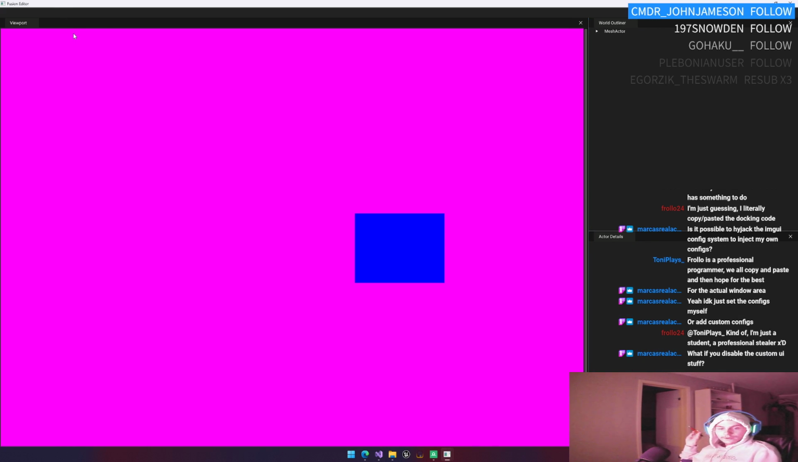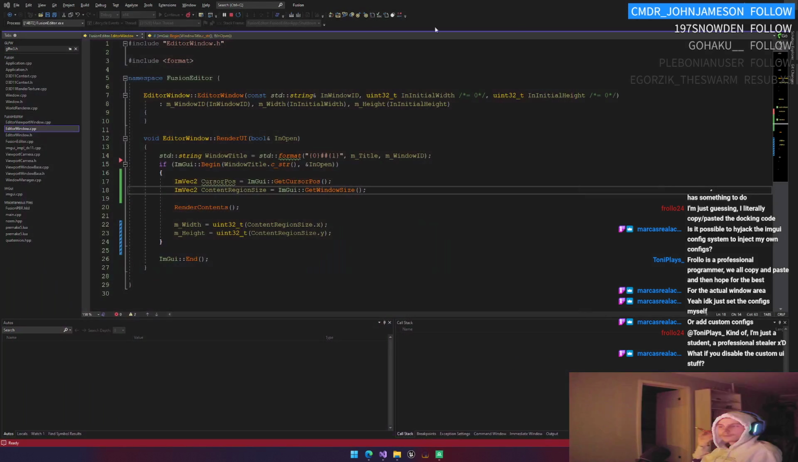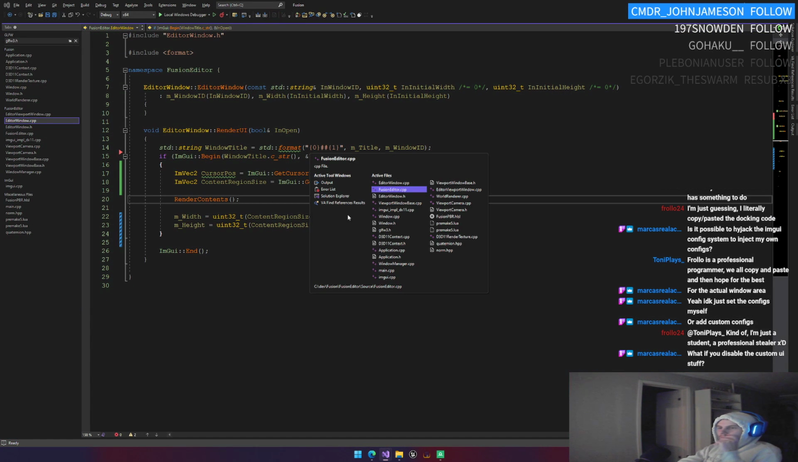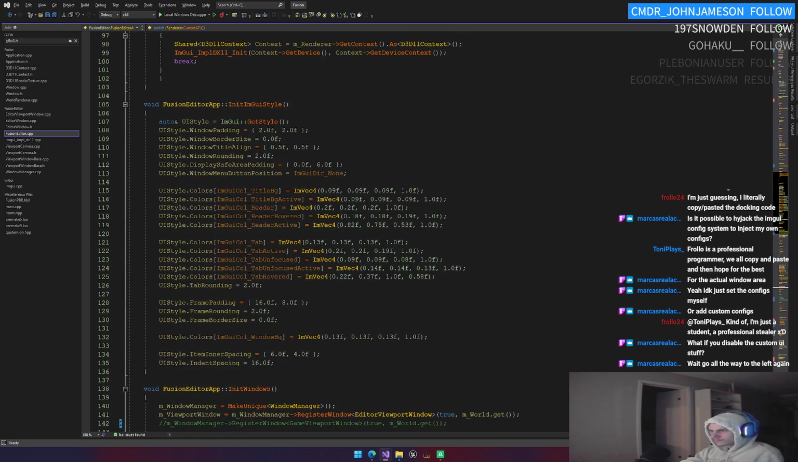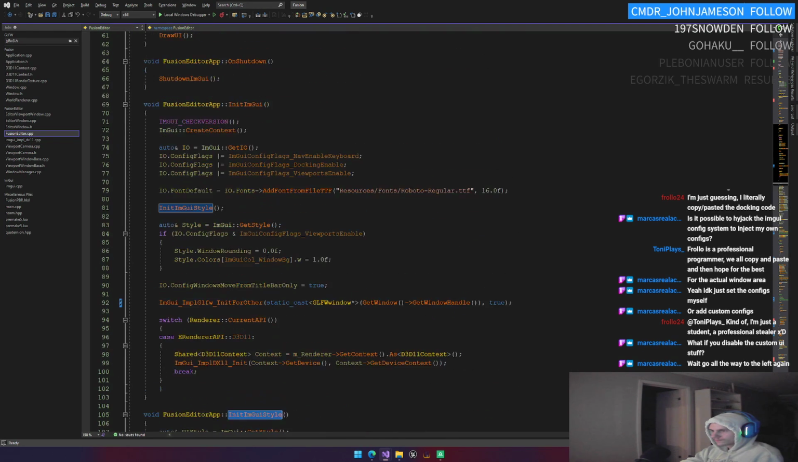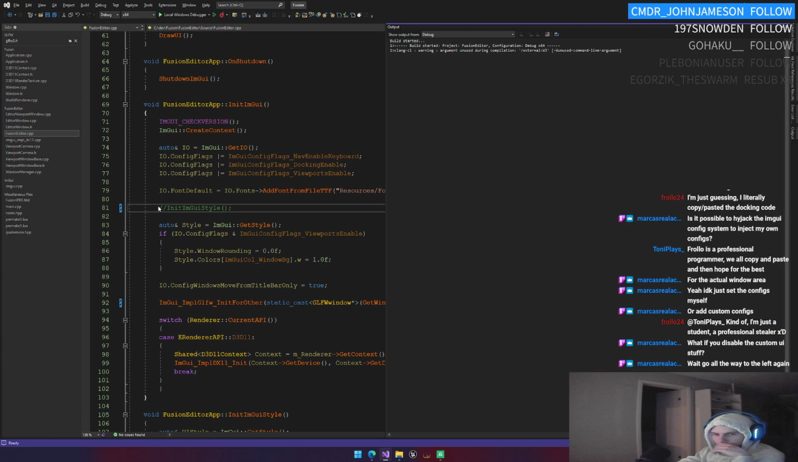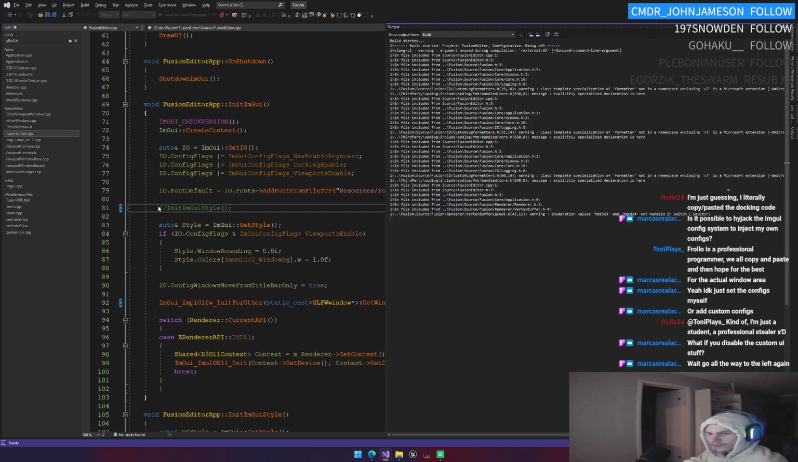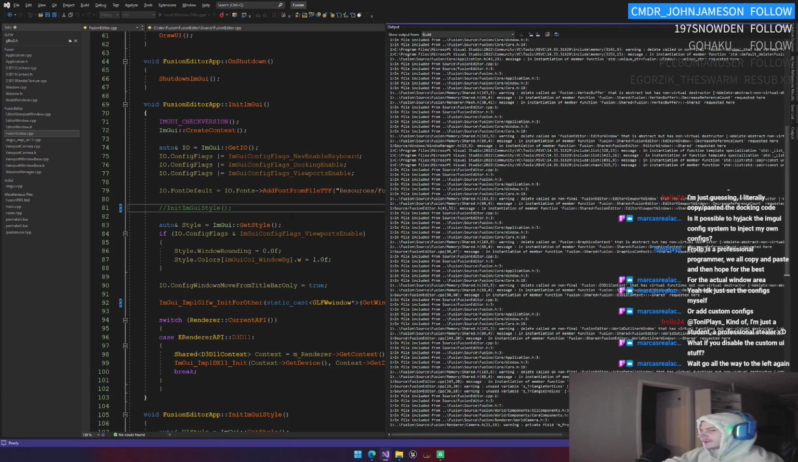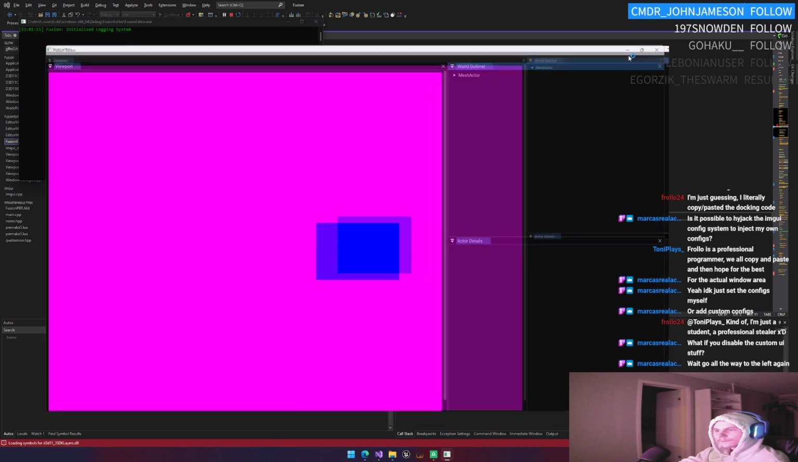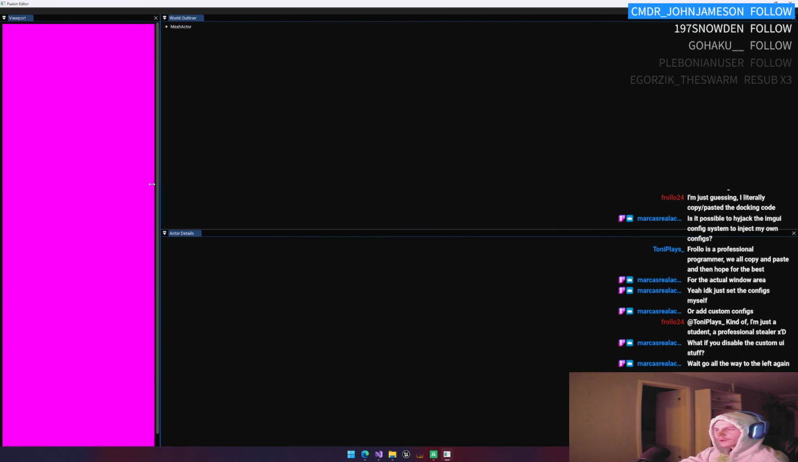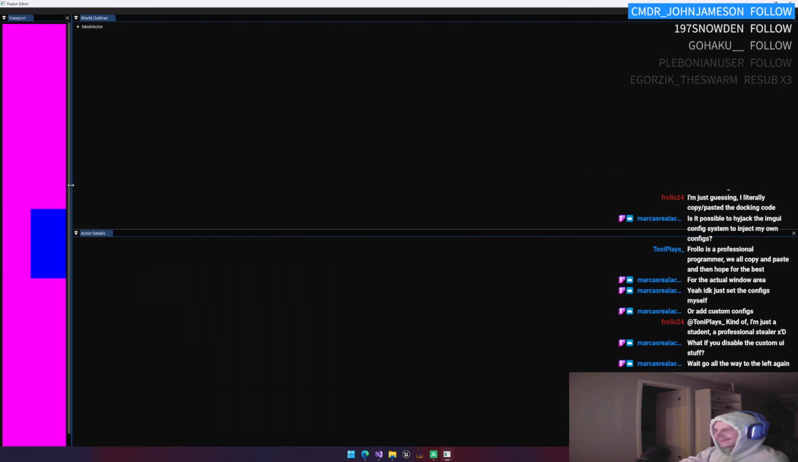What if you disable the custom UI stuff? Go all the way to the... yeah, I know. It basically pops in when the width gets really low. And yeah, this is happening regardless. But you can see it's like